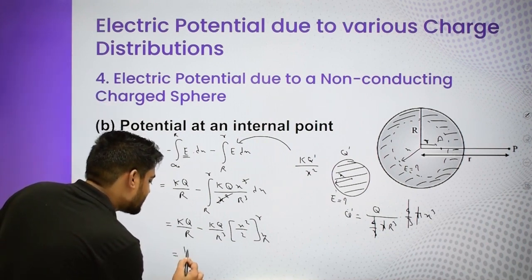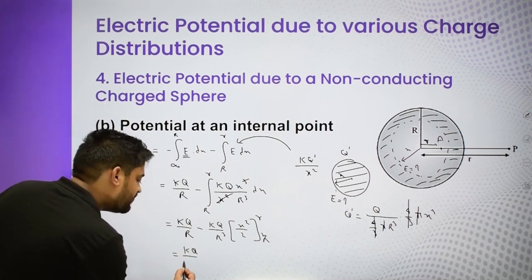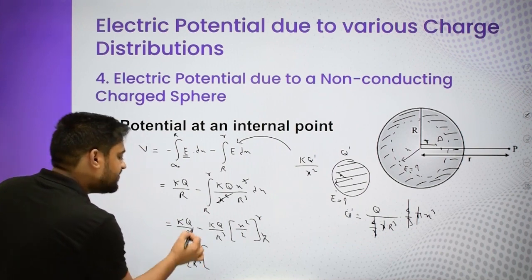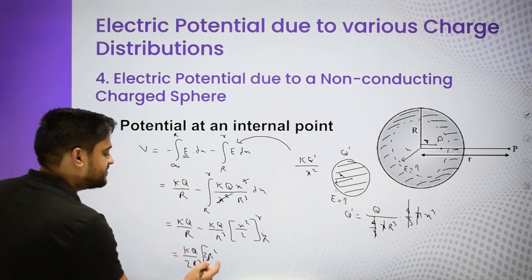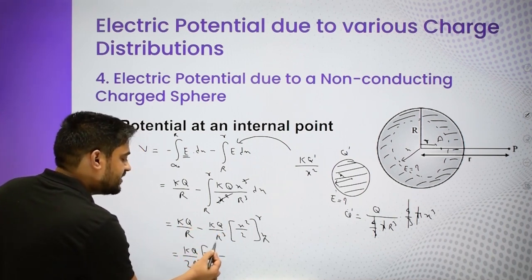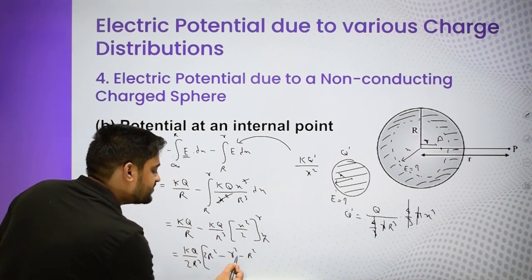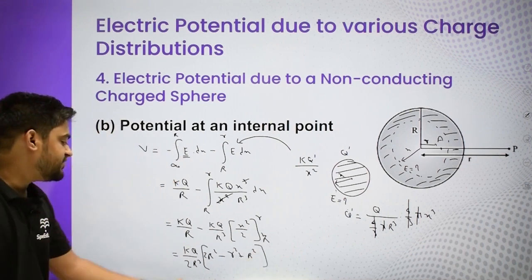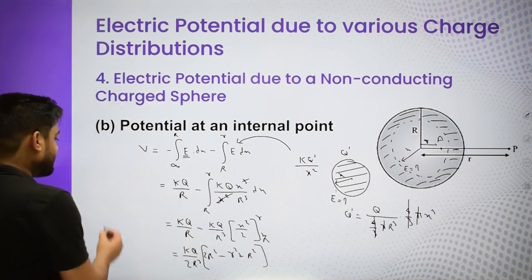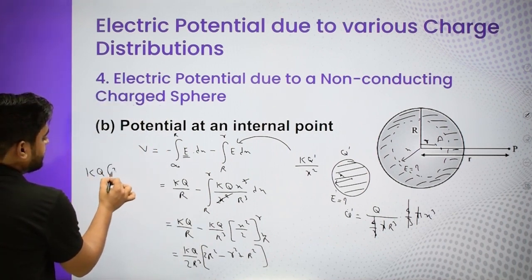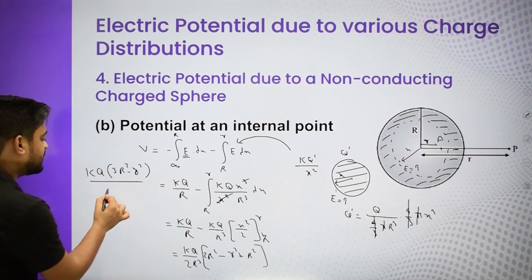So I am getting kq. I am taking kq by r cube common. In fact, kq by 2 r cube we can take common. So here we are left with r square, like when you remultiply 2r square. When you remultiply this and this, you will get this term minus. And this I took common and 2 also I took common. So I am left with r square minus r square. But there is a minus outside, so this will become plus. And eventually this is what? 2r square plus r square, that is 3r square minus r square. So our formula is kq, 3r square minus just r square, small r square, by 2r cube.